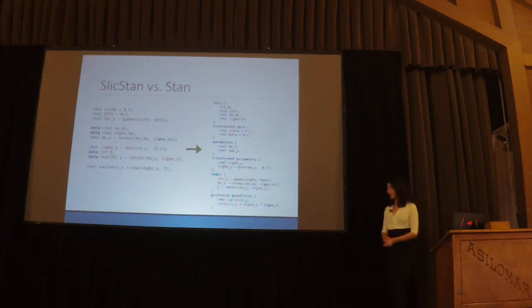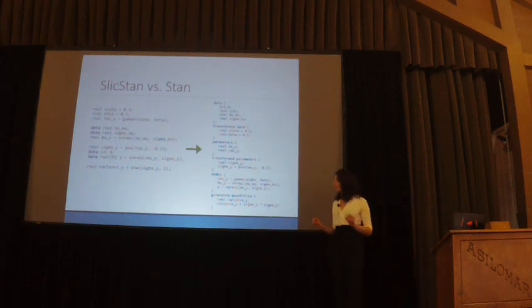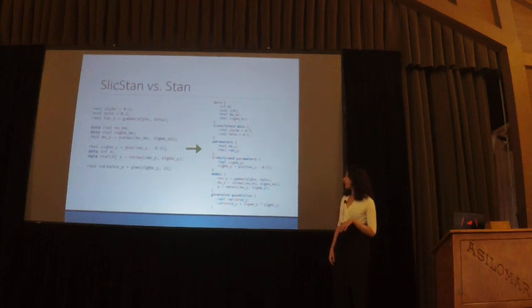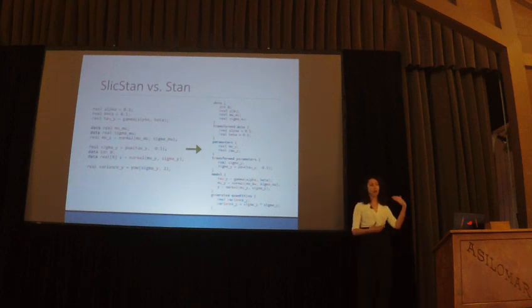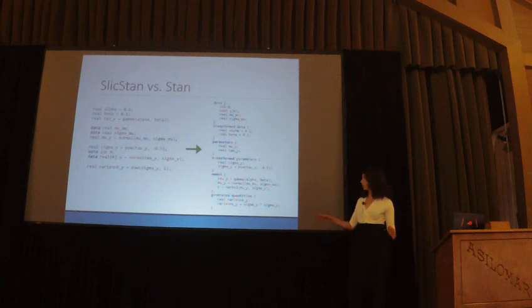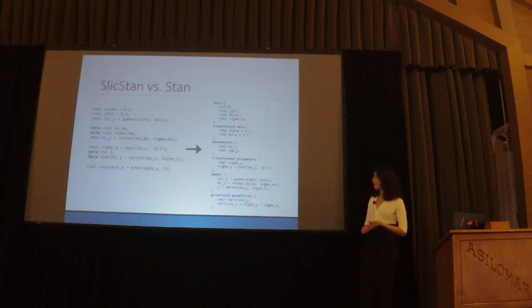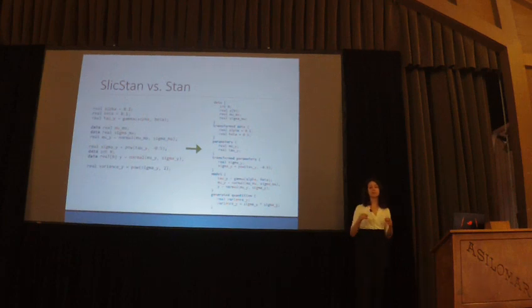Right, so what is SlickStan? SlickStan is a blockless version of Stan. The only information we give regarding what block a variable belongs to is what's our data. So you can see the data keyword over there. But that doesn't have to happen in the beginning of the program. That can happen in any order. So we have interleaving statements. Some of them declare data, some of them declare parameters, transformed parameters, and so on. As long as the statement doesn't reference a variable that is not declared previously, this is a valid statement in